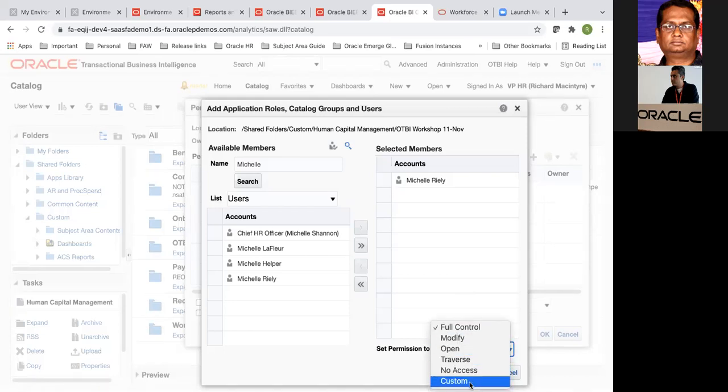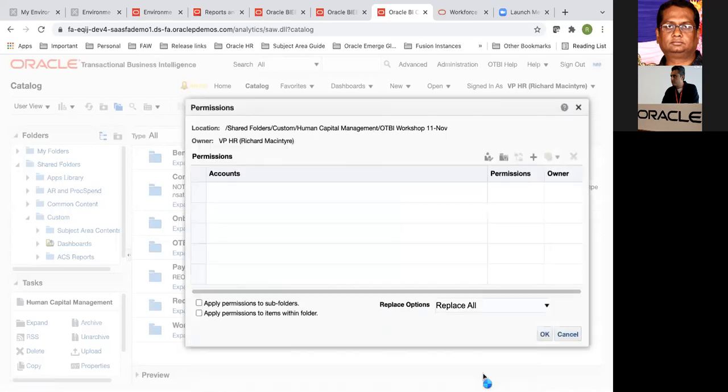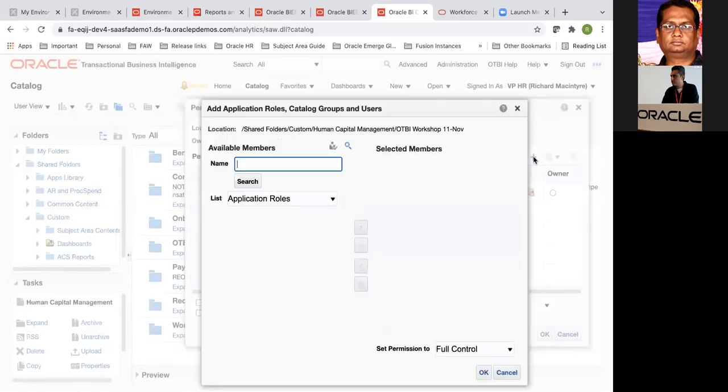Full control is like all the access. I can say they can open it, or maybe traverse it. Traverse is like read through, drill down, etc. So I'll give full control to my manager. And now let me show you this.